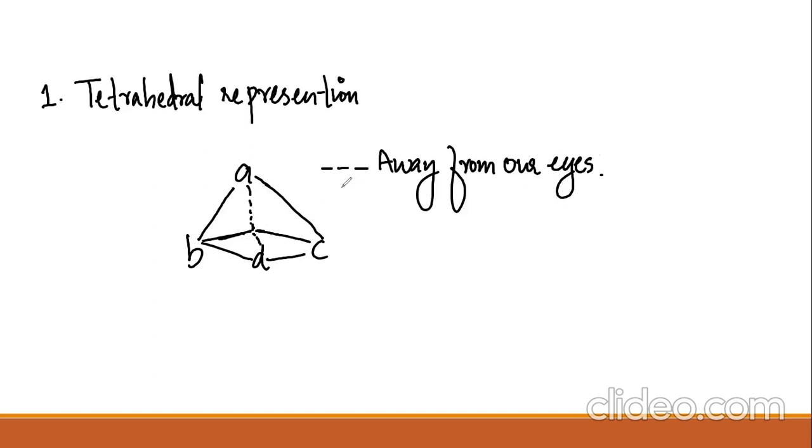So wherever you see a structure like this, if a dotted line is represented, you should remember that that bond is behind or away from us. Okay, so this is the first or oldest representation, and the second one is that